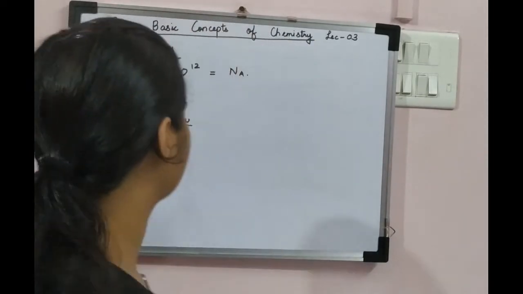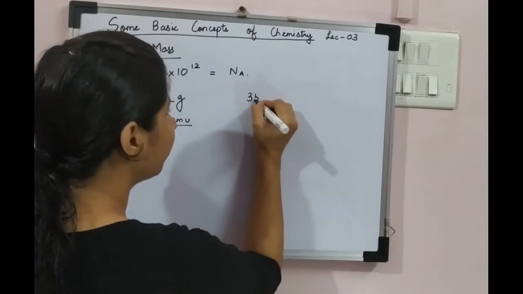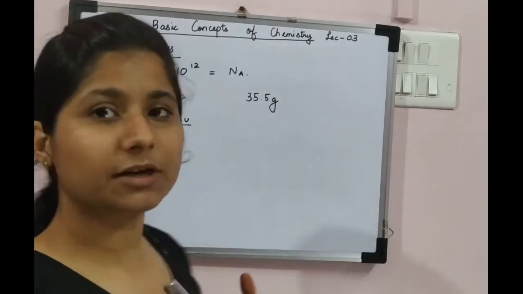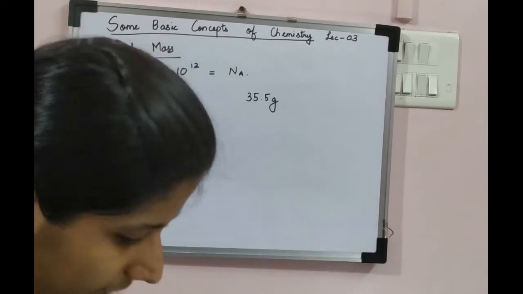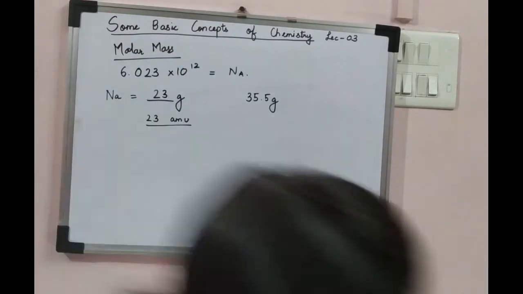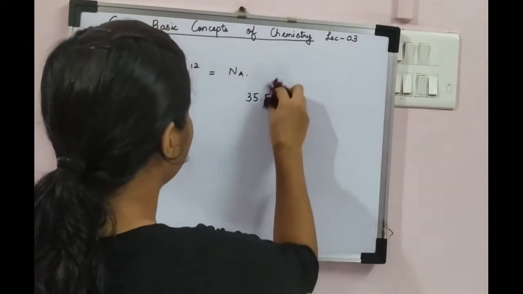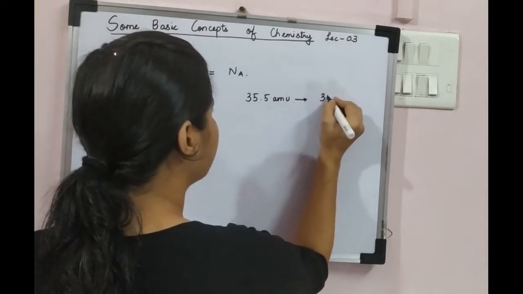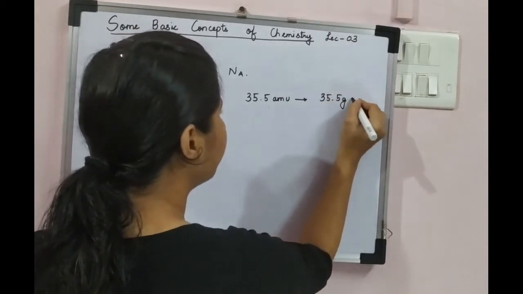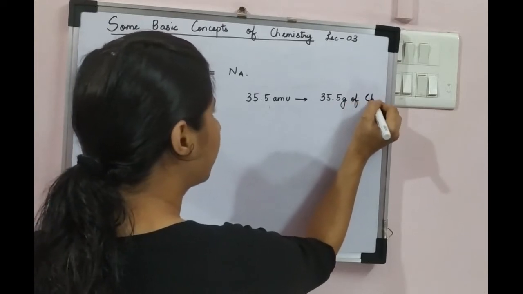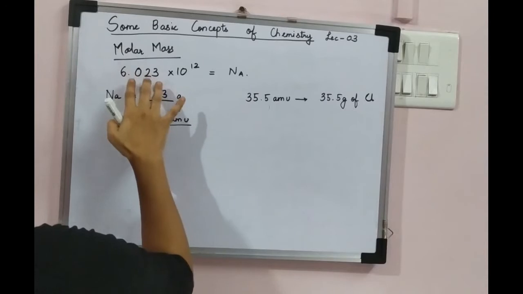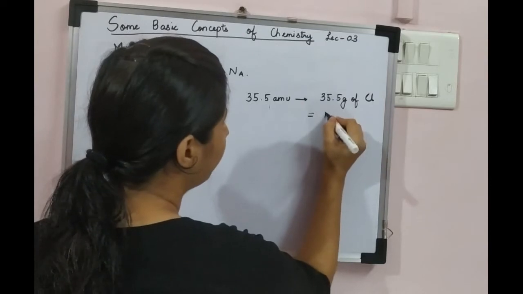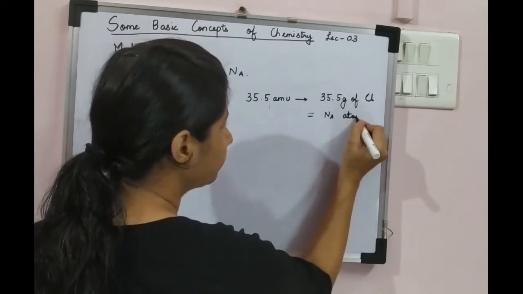I can say it in this way also. Initially, I had measured 35.5 grams of chlorine. That is the average mass. So every time what we take is the average mass of a substance. Now if I take the average mass of a substance in terms of grams, 35.5 initially was my AMU. Now if I take this in grams, so I actually weigh 35.5 grams of chlorine atoms, only chlorine atoms. What will it turn out to be? It will contain Avogadro number of atoms of chlorine.